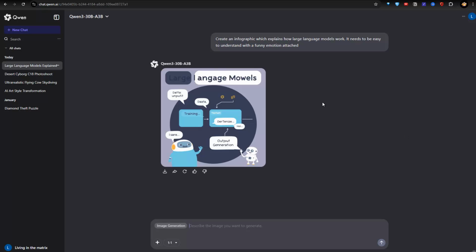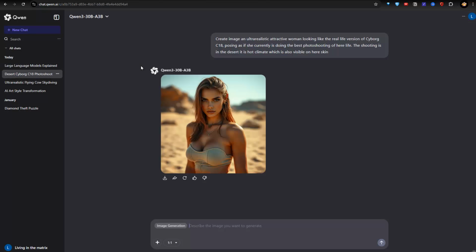But on the other hand, I also tried something else. I can show this to you. For instance here, a desert, Cyborg C18. So shout out to all my Dragon Ball friends here. I also did that one, and let me show you the result. So that's what it looked like. So of course, if you do not use text in your images, then this model might be interesting to you. As I said, you can try this for free. But if you want to use text, then you probably should stick to OpenAI's image model, because currently that's the best one regarding text on images.